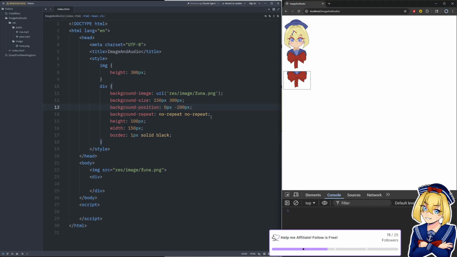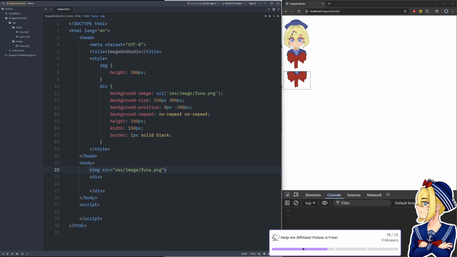So that is how you could do sprite sheets or something. It's a little bit complicated because you have to mess with all these background position and size and make sure it doesn't repeat and make sure your div is the right size and stuff. But it is possible, right? And that's one thing I wanted to show you that's a benefit of using a div instead of an image tag. And I actually want to Google image tag crop